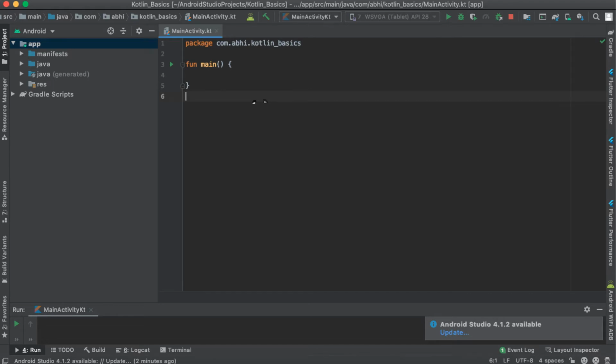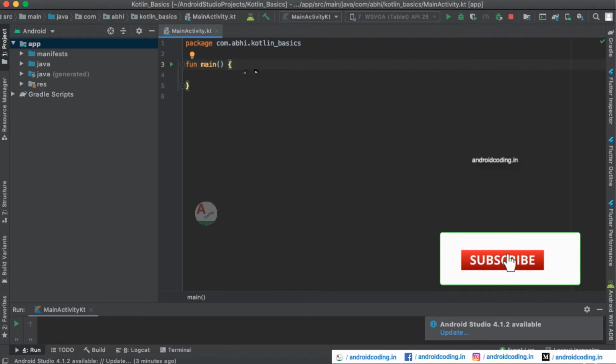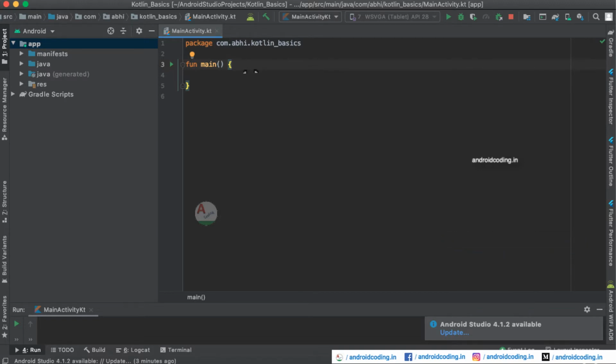In this blog, we will see what is a function, how to declare a function, and what are the usages of using a function in programming. So, in our previous tutorials in this Kotlin series, we have seen the introduction to Kotlin, variables declaration, and specifying their data types, and also looping concepts. So, in this part of the tutorial, we will be seeing what are functions and how many types of functions we can declare in our programming.